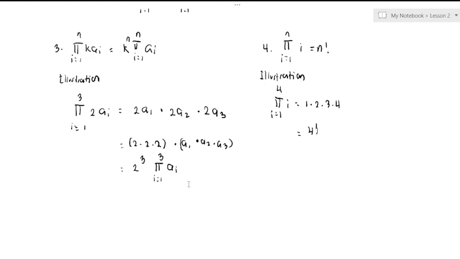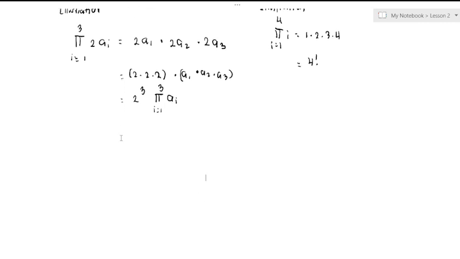Okay. And then the last one, last property, we have product of a sub I raised to k, I equals 1 to n. This is equal to product of a sub I equals 1 to n, quantity raised to k. So sa summation, hindi to equal. Pero sa product notation, they are equal. So for example, or for our illustration,